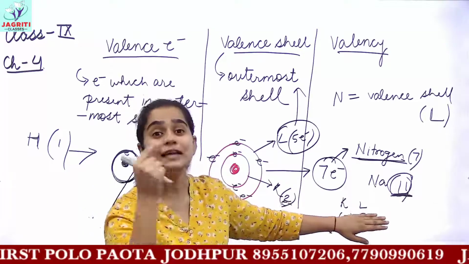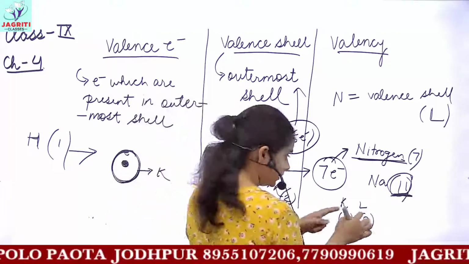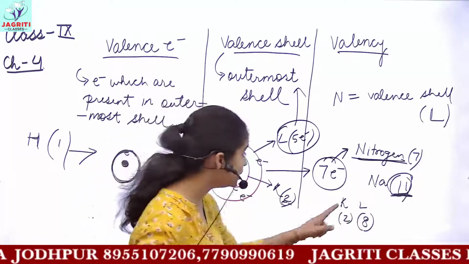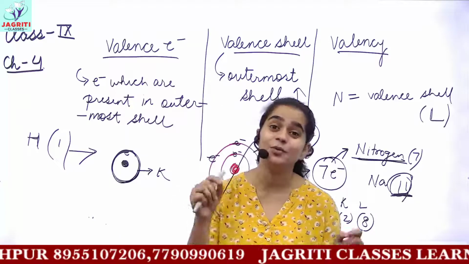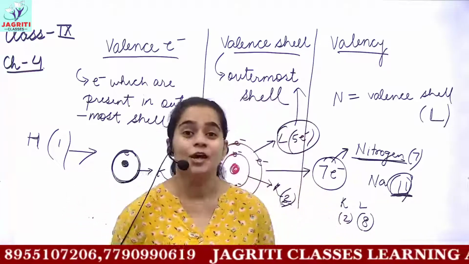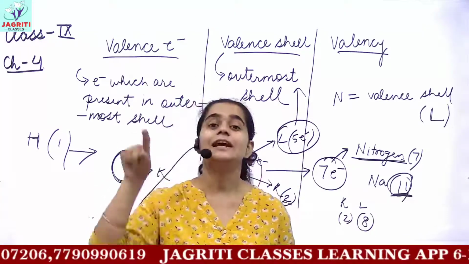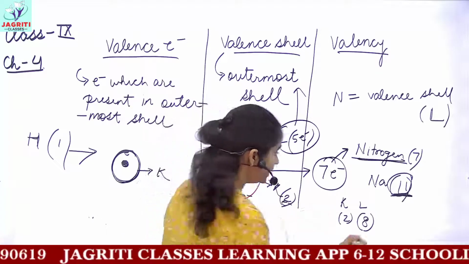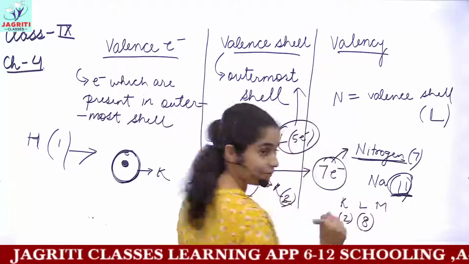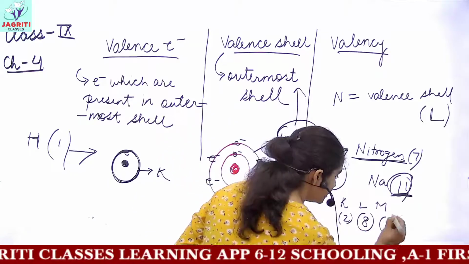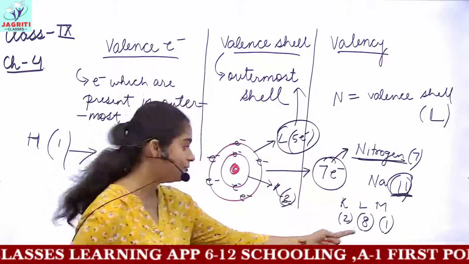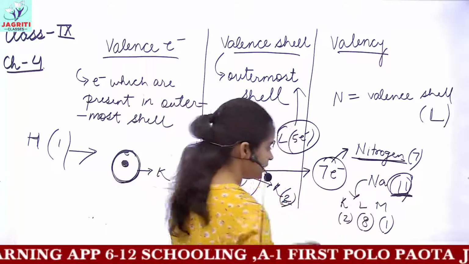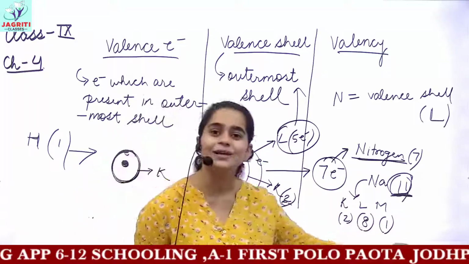The 11th electron can't go in this L shell. If you have confusion about why it doesn't go in the L shell, you may refer to my previous video where I taught you the electron distribution according to the Bohr-Bury scheme. So the next electron will go in the M shell, and in this M shell you have 1 electron. So the electronic configuration of sodium is 2, 8 and 1.